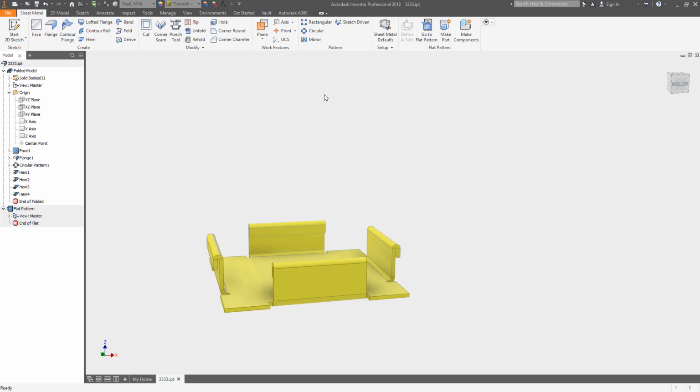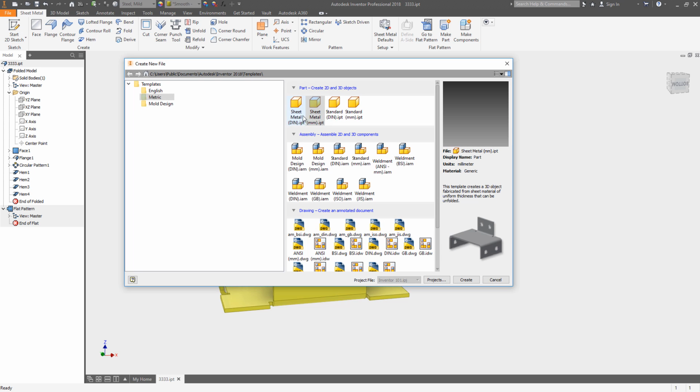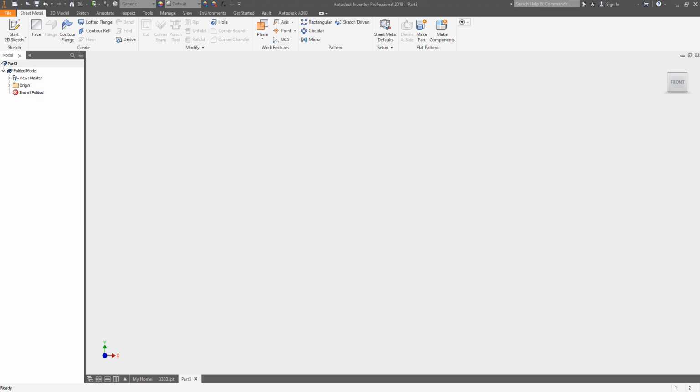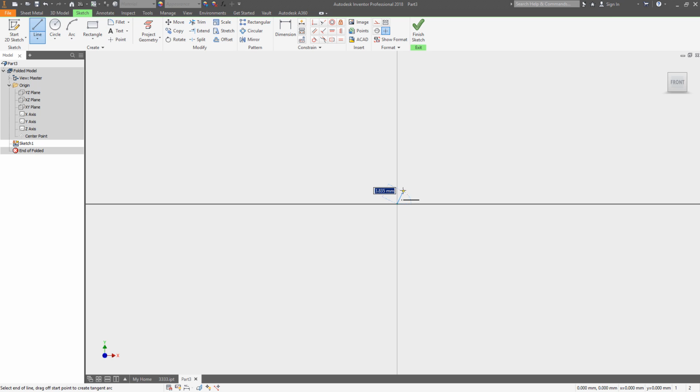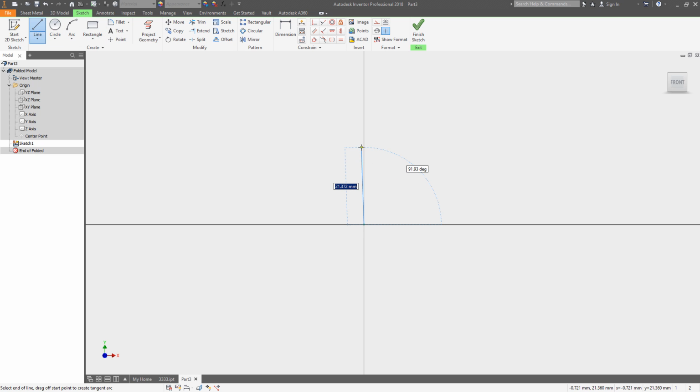But I do want to talk about the contour flange. So I'm going to save this file because we're going to come back to it. And another way to create sheet metal is if I want to create a pretty complicated profile all at one time. So rather than doing flange, flange, flange, or if I have a curved component, maybe something that is rounded or rolled, rather than doing faces and flanges, I'm just going to do a new sketch on this face. And I'm going to just start to draw. And let's say this is going to be